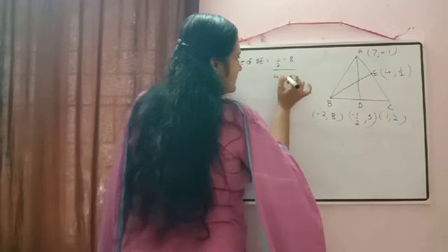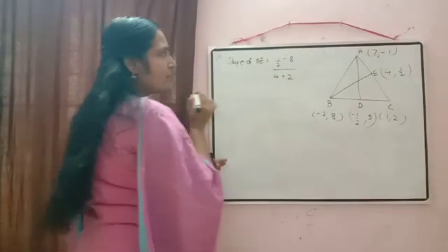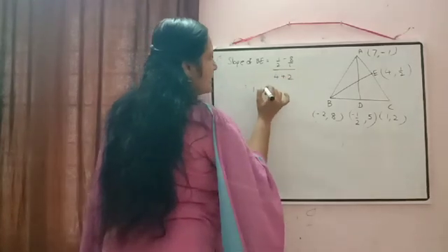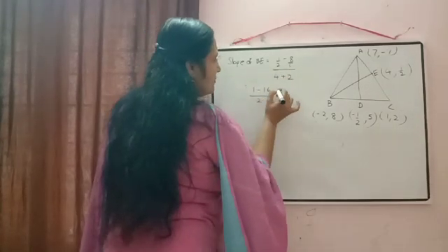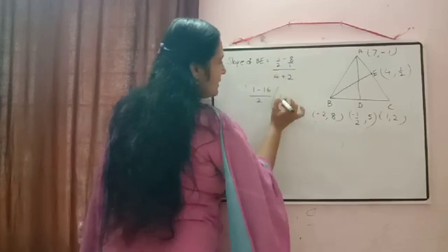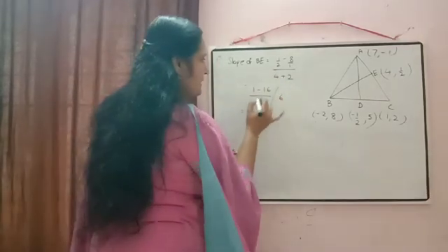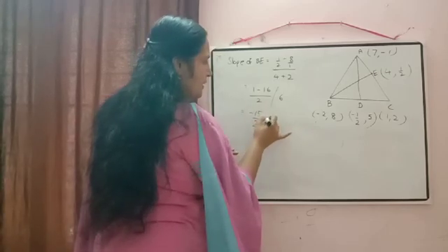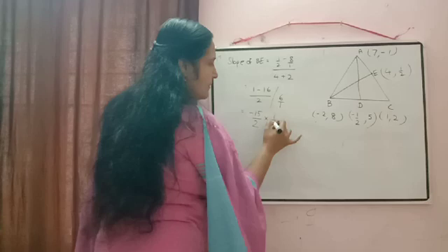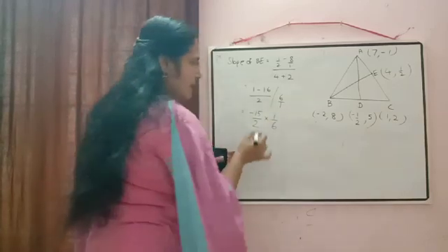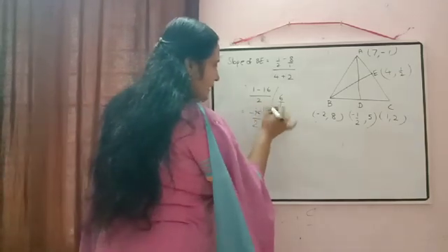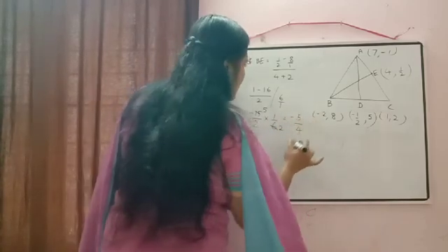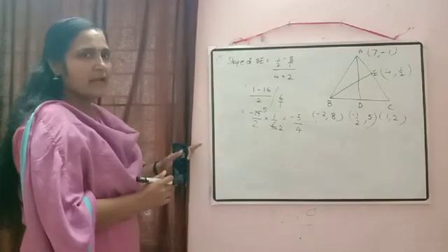So 4 minus minus 2 will give you 4 plus 2. Now here cross multiplication. Then we will get here 1 minus 16 by 2 divided by 4 plus 2 will be equal to 6. 1 minus 16 will be equal to minus 15 divided by 2 into reciprocal of 6 will be equal to 1 by 6. Again this will get cancelled there. 3 5s are 15, 3 2s are 6. So we are getting slope of BE is equal to minus 5 by 4.